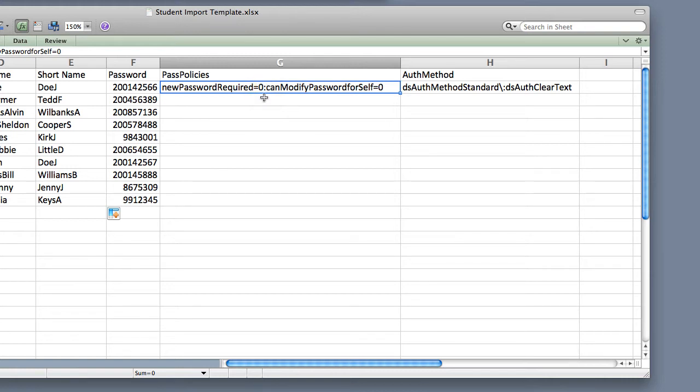And then it says if you do that, then can modify password for self, you would also want to include that, at least a 1 there. I'm going to use 0, which will not require a new password and not allow them to actually modify it in any way. I would drag down this one, but if you notice, if I do that, the last number